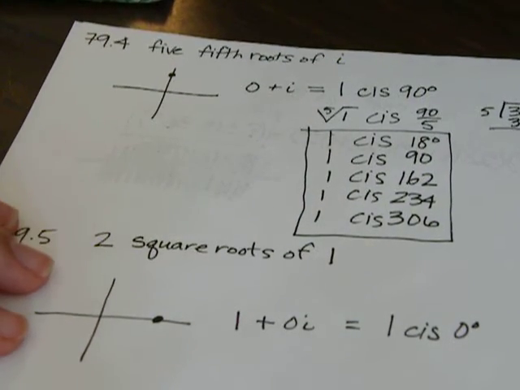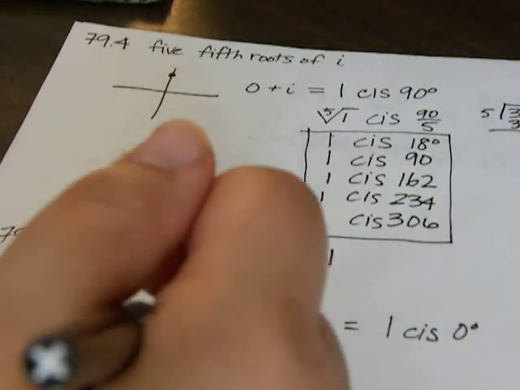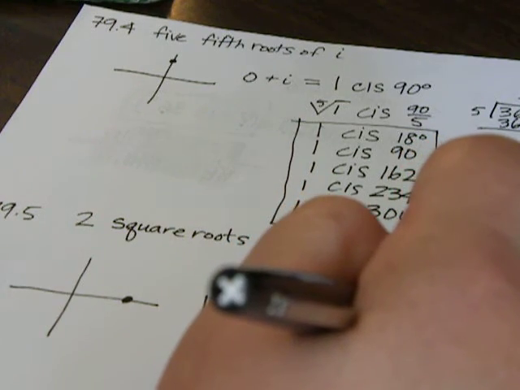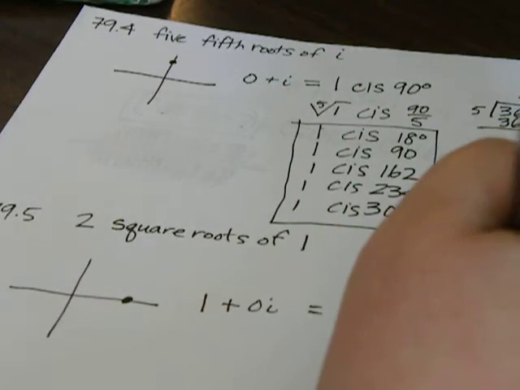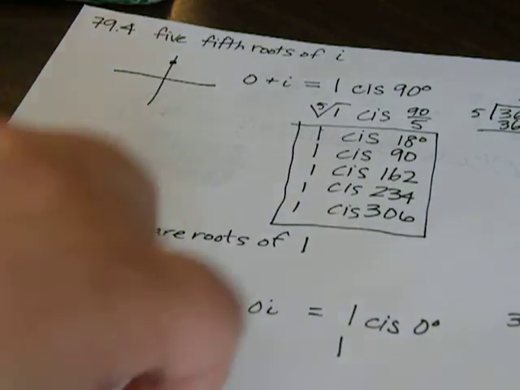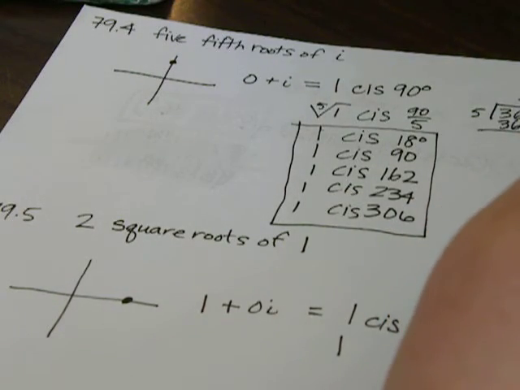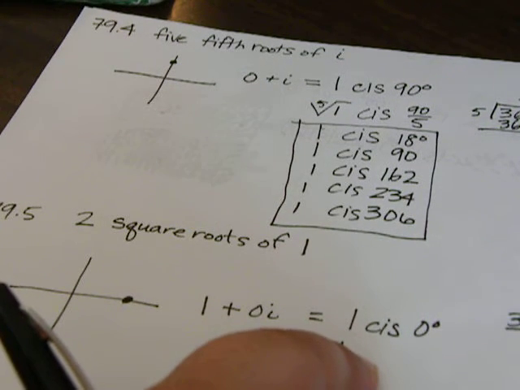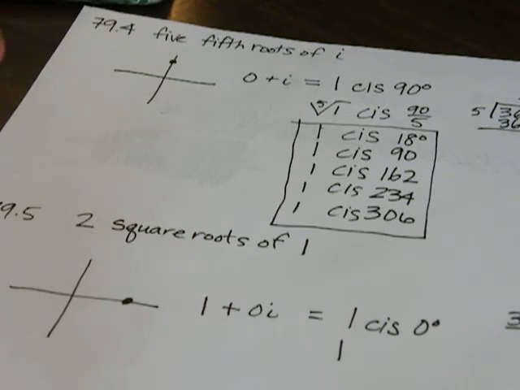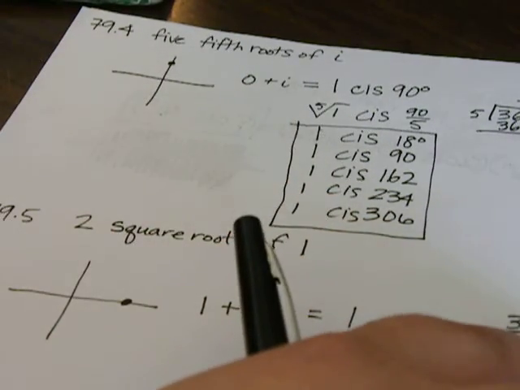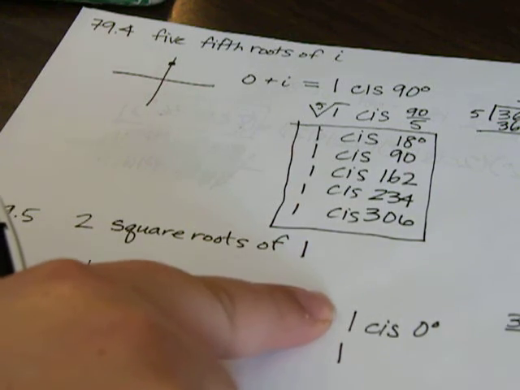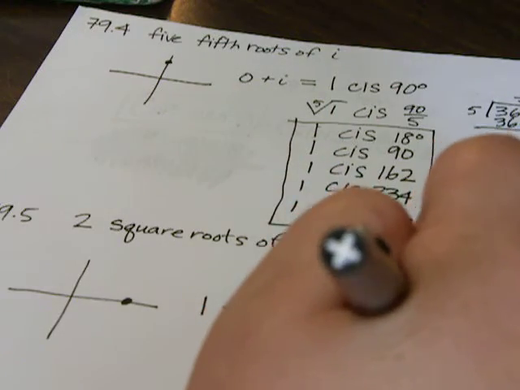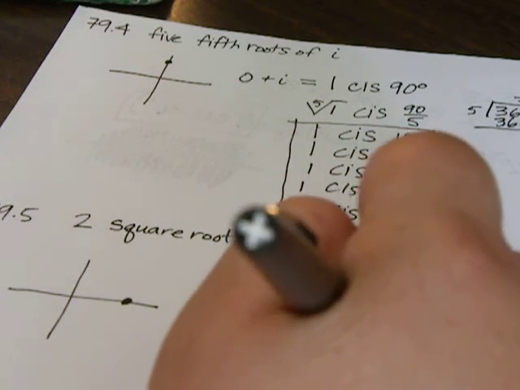So if we're finding the square roots, the square root of 1 is 1, and 0 divided by, well, actually we have to come over here and do 360. Since we're doing 2, 360 divided by 2 equals 180. We know it's going to differ by 180, but let's come back to this. The square root of 1 is 1, and then 0 divided by 2 is 0. So your first root is 1